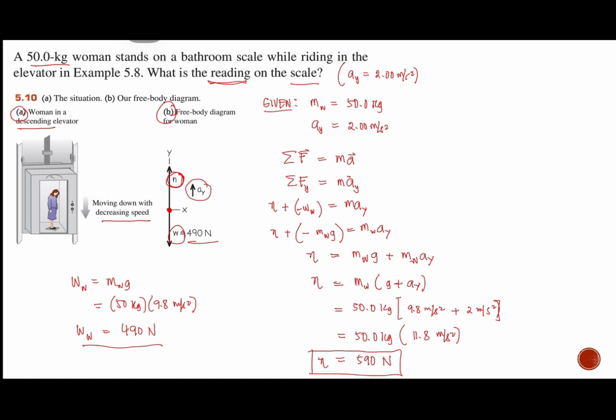So there is a difference between kung magtimbang ka on an elevator that is not moving, i-compare nato sa magtimbang ka on an elevator that is descending. So that's descending. Meaning nadungagan ang weight or ang iyang reading sa scale by 100 newtons if the elevator is descending while nag-stand siya sa timbangan or sa bathroom scale.